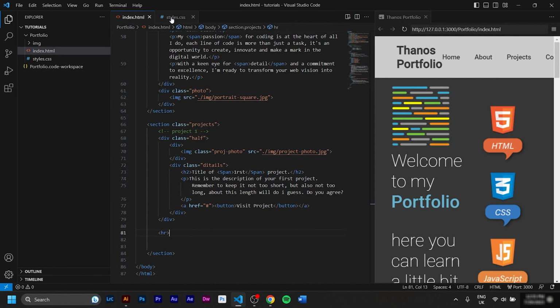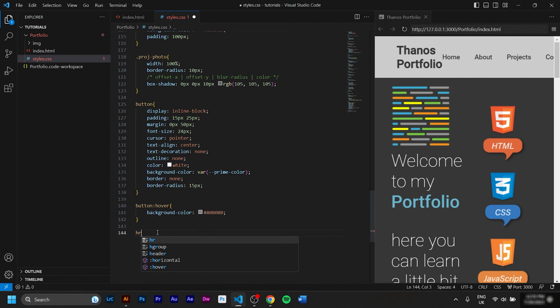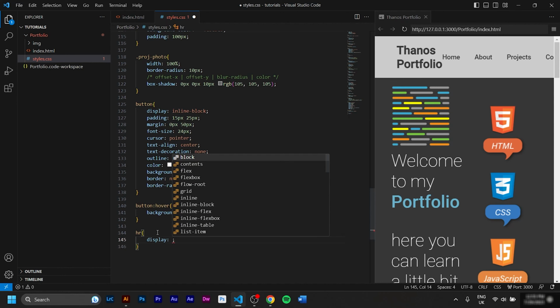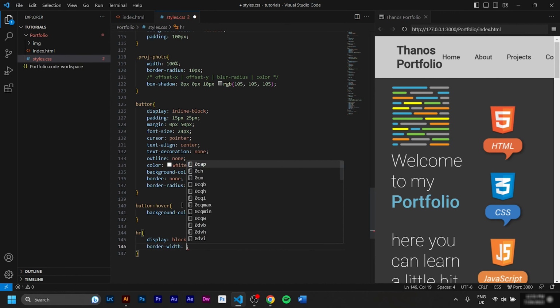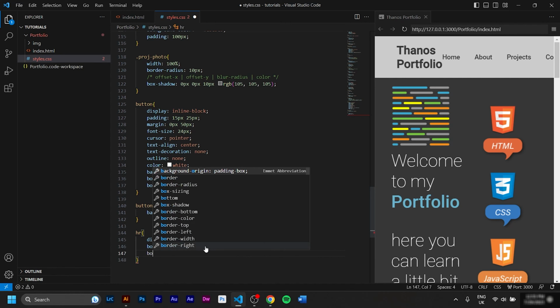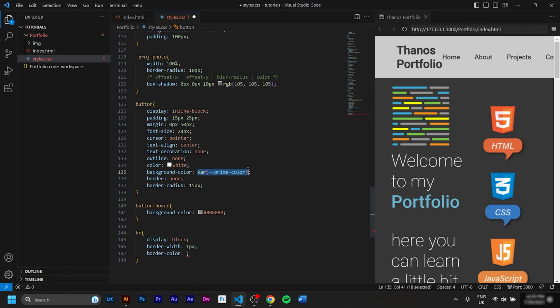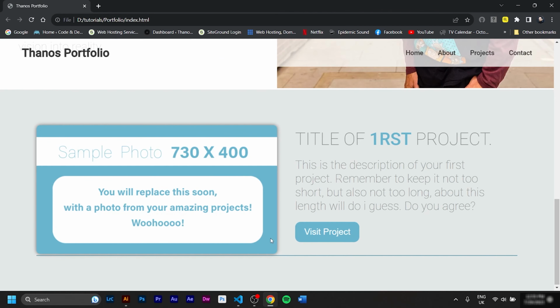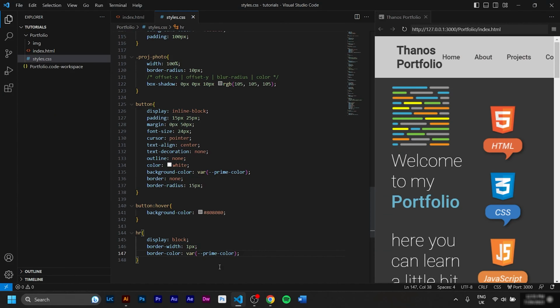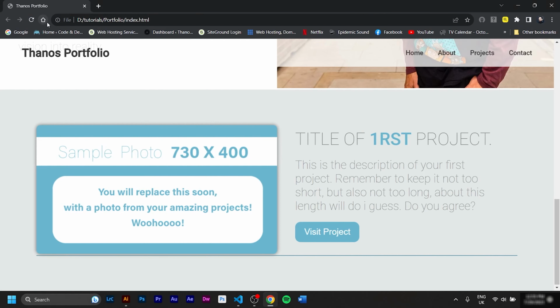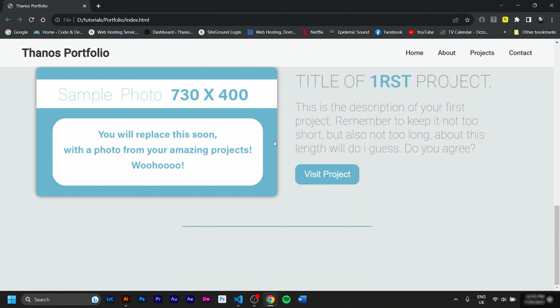Let's hit save. Of course, we have to style it. So we go on CSS, we target the HRs. This is pretty much a simple line. We'll give it a display block, border width 1 pixel, border color. We'll use this var for the primary color. So it looks good, but I want to give it some margins so it stops earlier and it has some air top and bottom. Let's do that. We go margin 80 pixels and 400 pixels. It's a lot of pixels. Control S to save, refresh, looks way better.